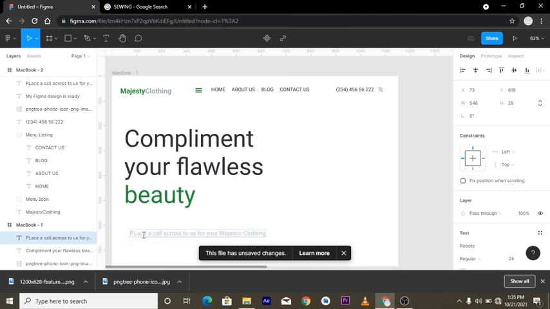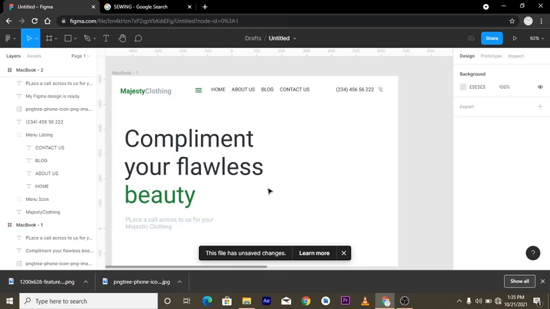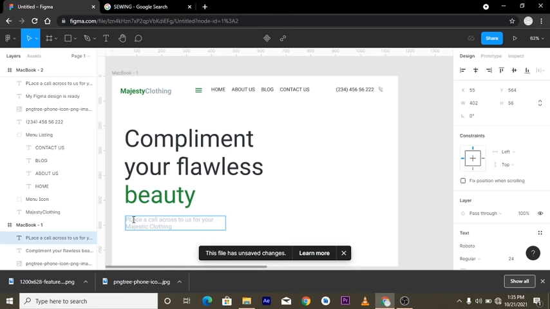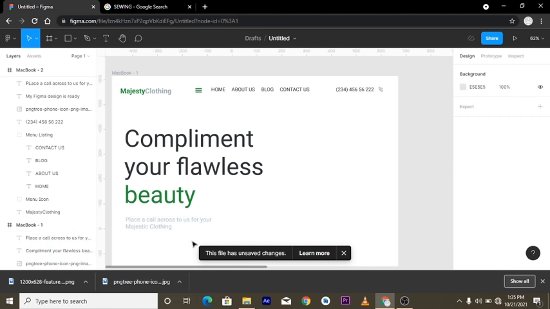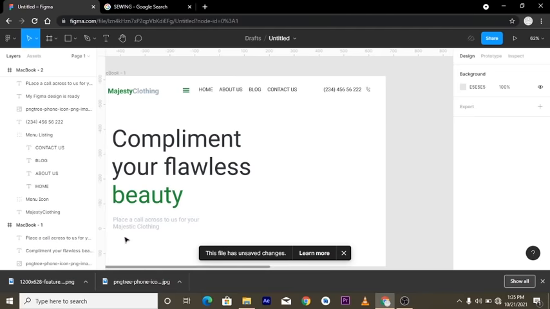I want to say, place a call across to us for your majestic clothing. Can do it this way. Place a call across to us for your majestic clothing. Then we create a button. We're going to create a button. So to create a button,